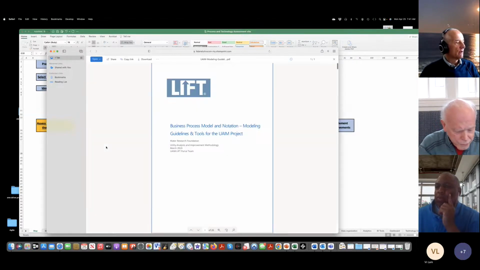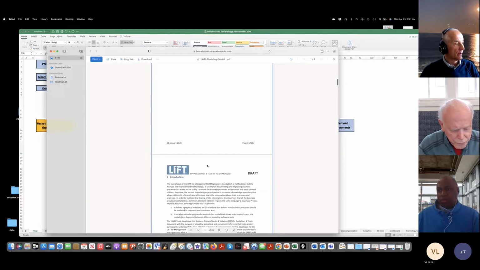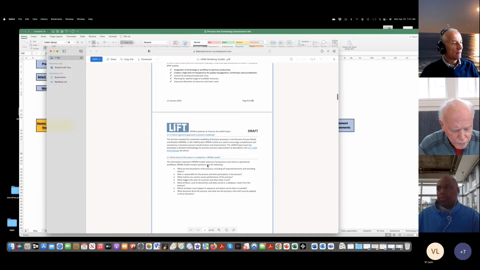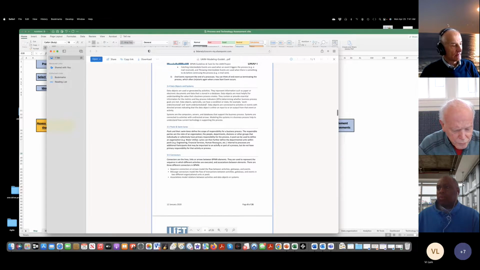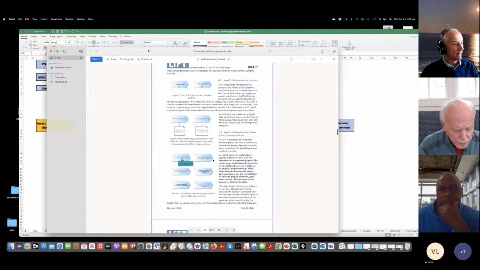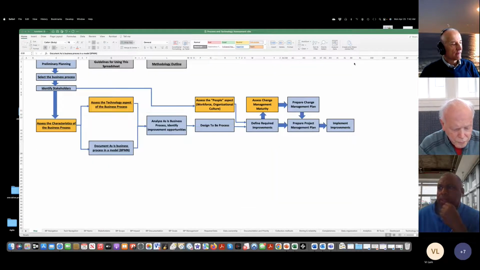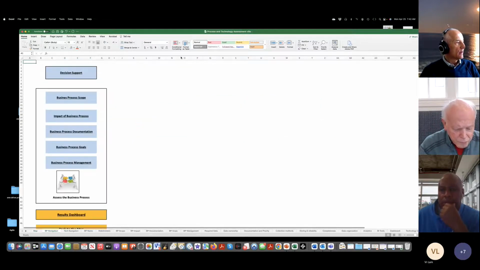So the idea is to include links to documentation, and this is a document that explains how to do modeling. It says draft, but it was actually part of the final report, and what it looks like, and some examples, and go through that. So the idea is that we would, along this upper line, provide such documentation. And when you go to, let's say, where did I go? The business process. I went here. That we would also provide such documentation and help along